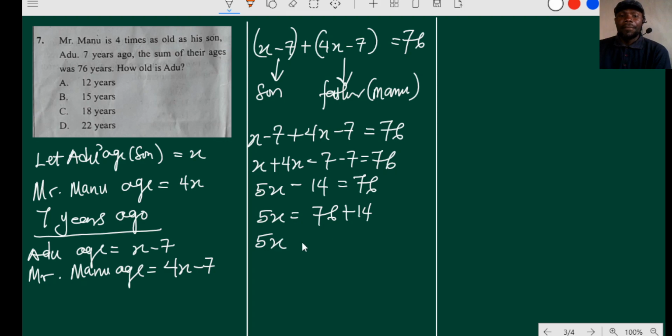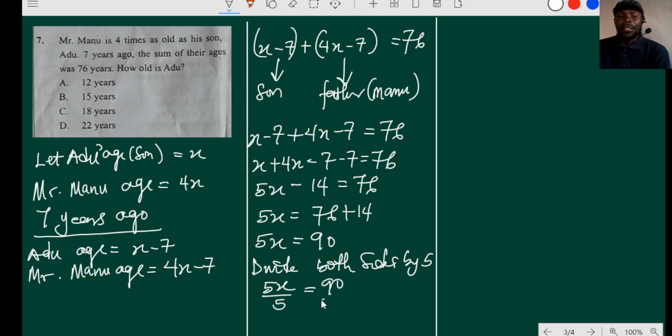By the time you add the two together, you have 90. So divide both sides by 5. So we have 5x over 5 is equal to 90 over 5. So therefore our x here is 18